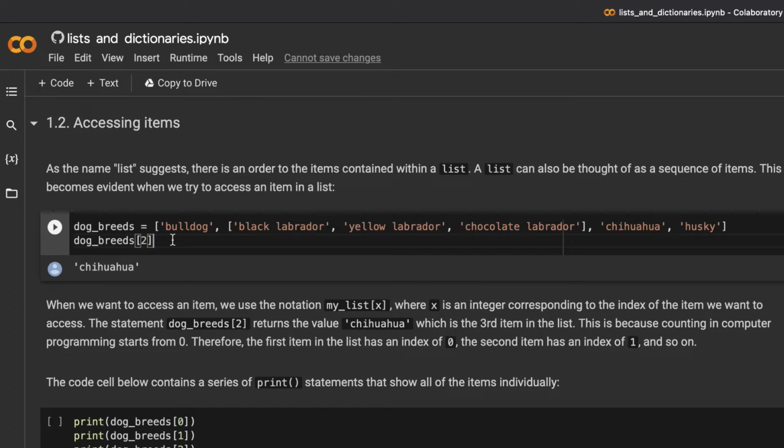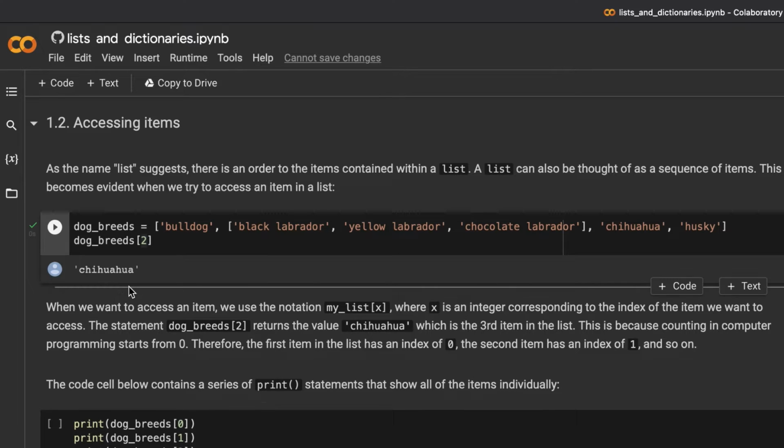When we want to access a specific element, we use the name of the list, the name we defined when creating the list, and then square brackets, and inside we input an integer which tells us which element we want to have